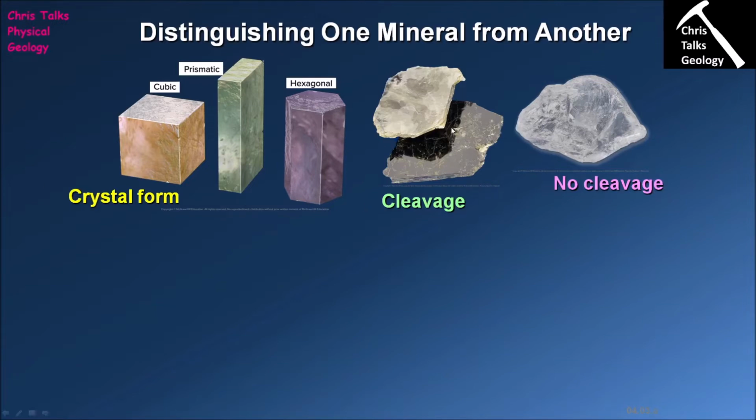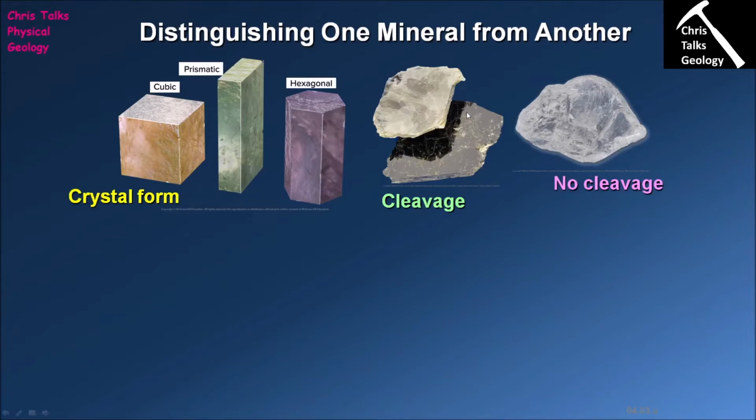And so as you can see in this particular instance, we have two different samples of minerals. So over here we have a couple of mica minerals. At the top here we have the mineral muscovite, and at the bottom here we have the mineral biotite. Now the thing you'll notice is the top of both of these samples are amazingly smooth. And this is because both of these minerals, the muscovite and the biotite, have cleavage. And remember, the cleavage is a plane along which the mineral will preferentially break. And because it wants to preferentially break along that surface, when it does fail, it will leave behind typically a